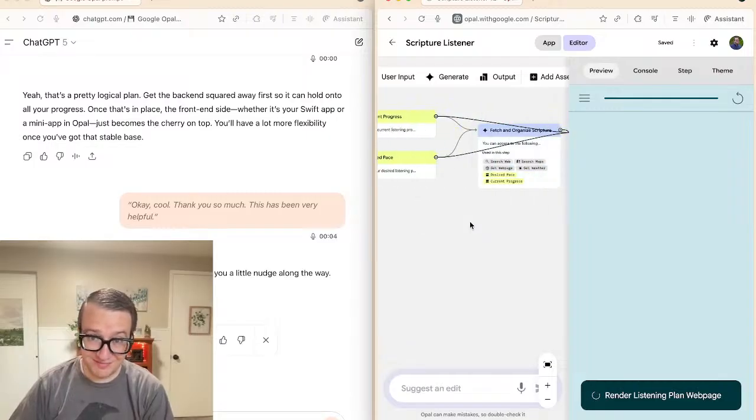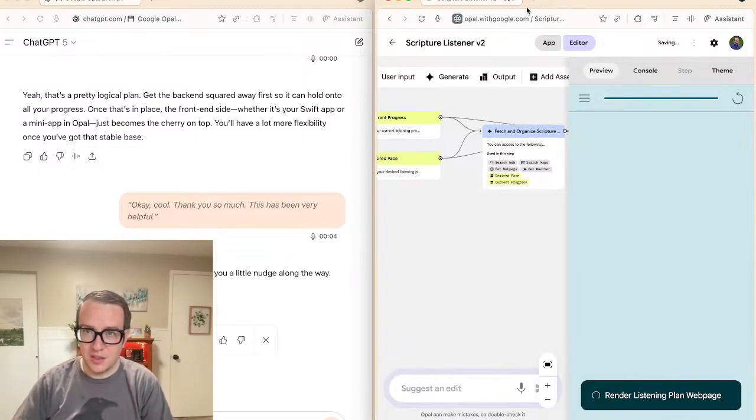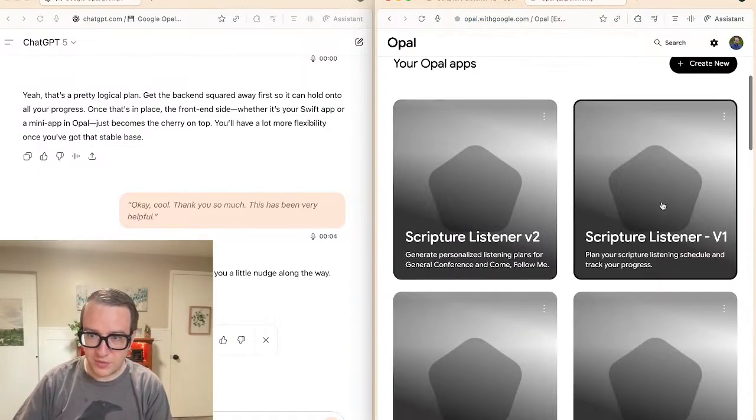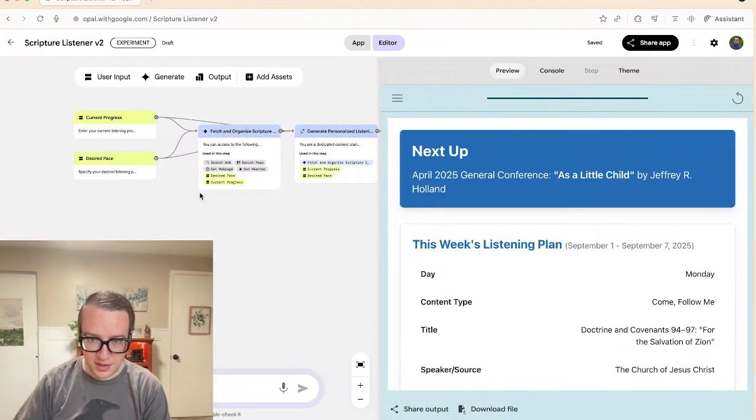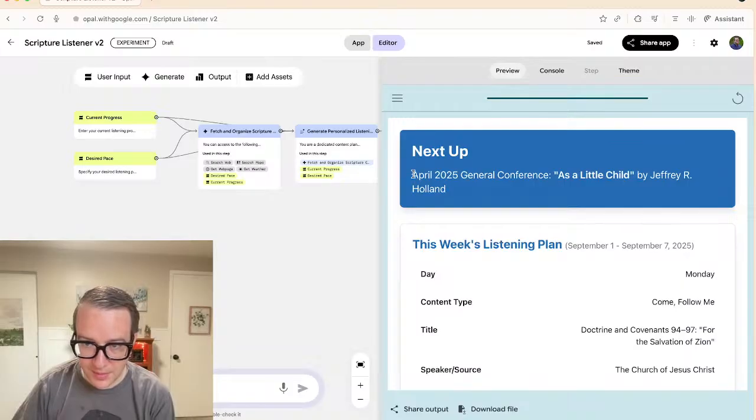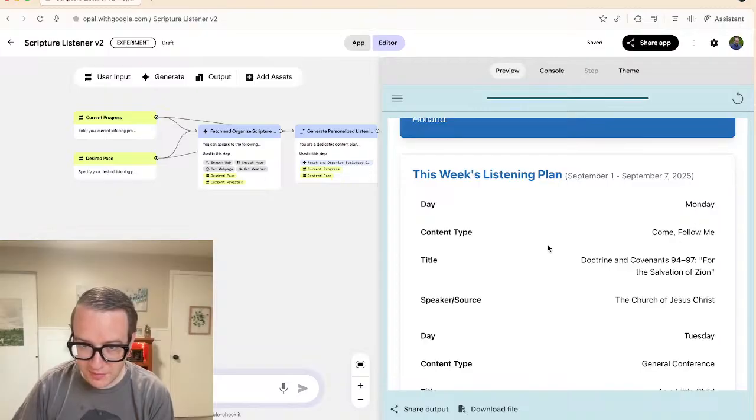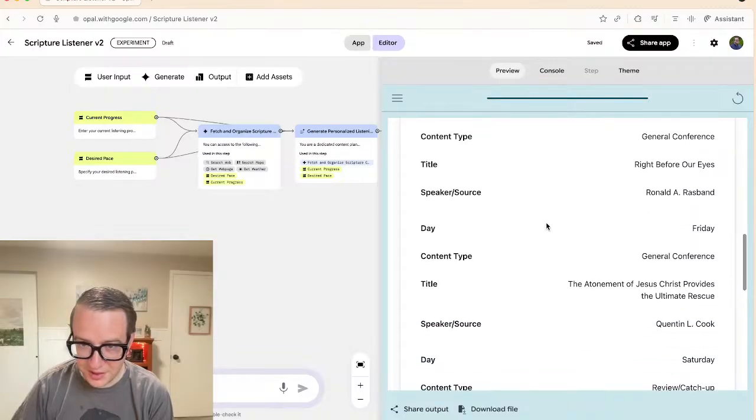It was great. We created two versions of this. Oh, we need to rename this to V2 so that when we go back out to Opal with Google, we can see we had a V1 and a V2 that took two different approaches. But okay, here we go. Let's see it. It came up with something. Okay, next up, As a Little Child by Jeffrey R. Holland. That was good. Okay, and then this week's Come Follow Me. It's giving the title and the speaker, and then it's